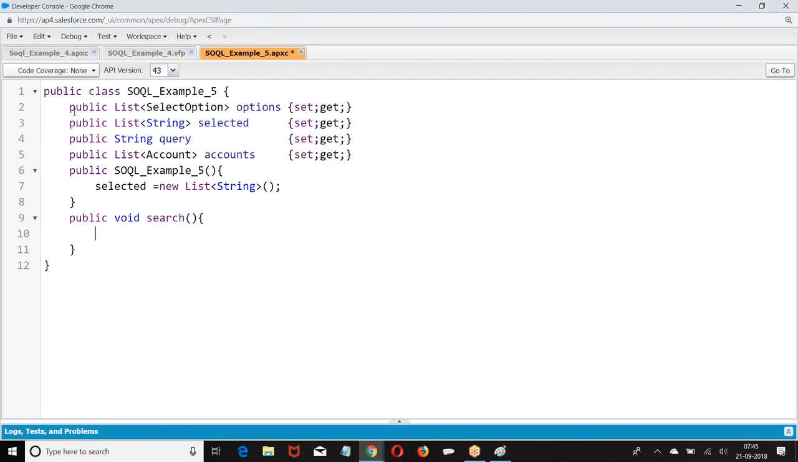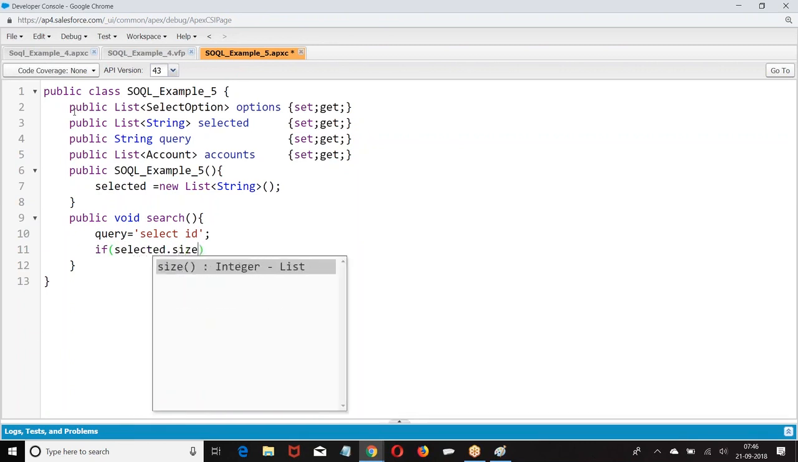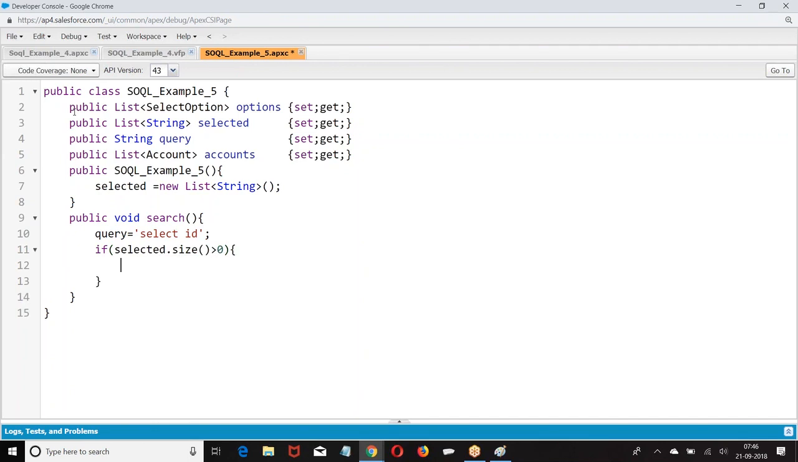Then I'm going to take first query equal to select ID. If selected dot size, if you have selected any fields, selected is a variable name. Same query we had the day before yesterday, I guess, right? So selected is what? Variable. I can give ABC also. Size greater than 0,